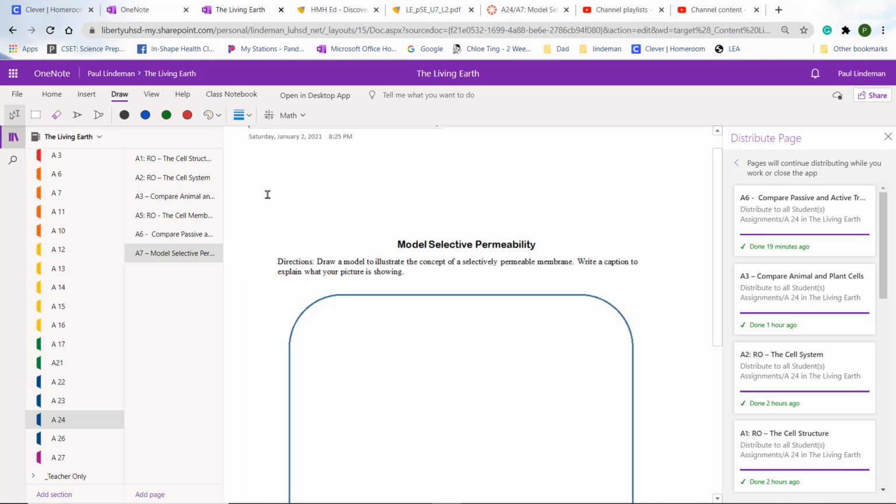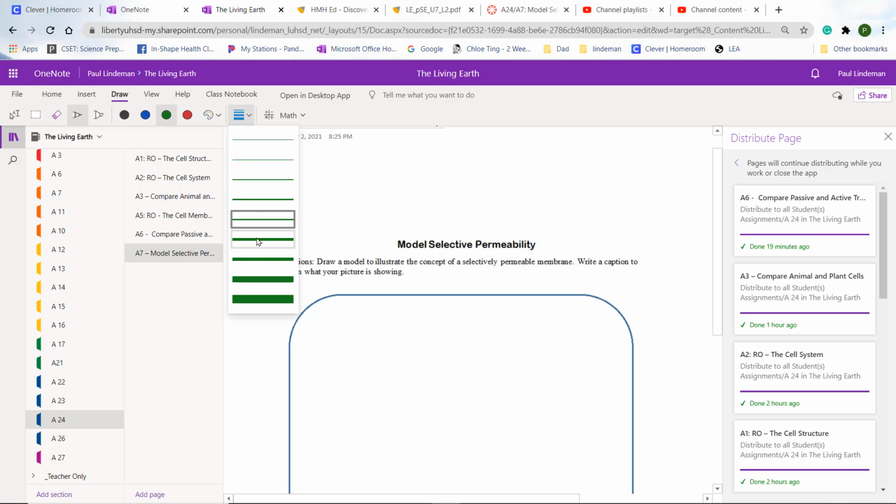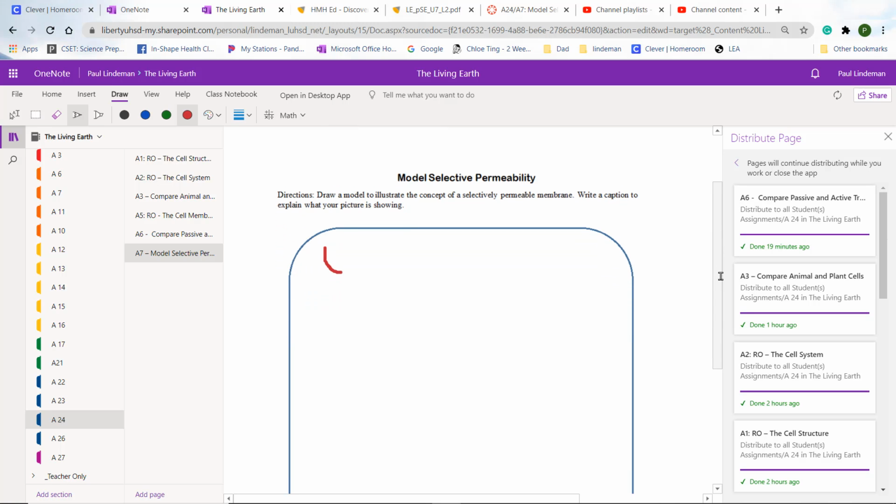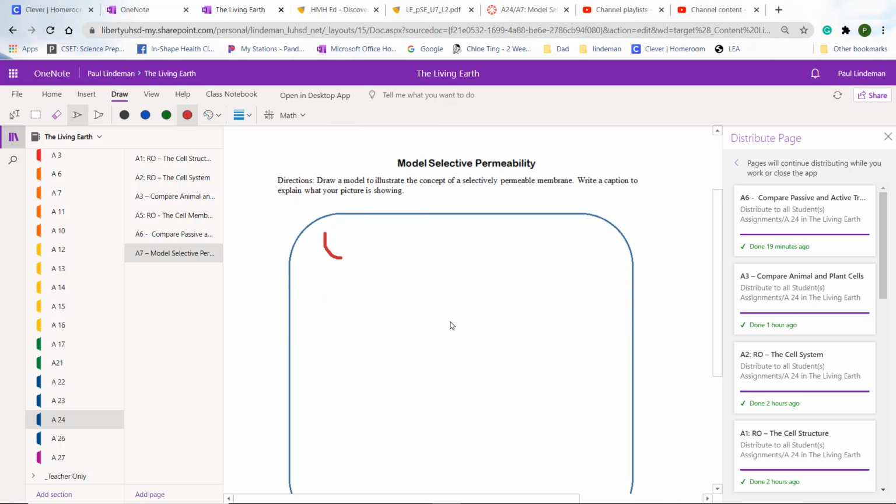So first off, you'll probably be drawing this time. So you can click on your pen and you can use different lengths of lines. And then you'll be able to pick a color, and you have a color pad here also. And you'll be able to draw things. All right. So again, I do not expect the best art on these drawings, but I do expect something. You can also put in shapes, but you do not have a shapes tab here. So it's probably easier just to draw things if you need to,